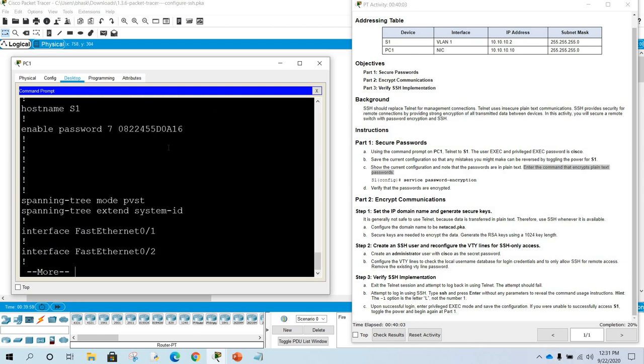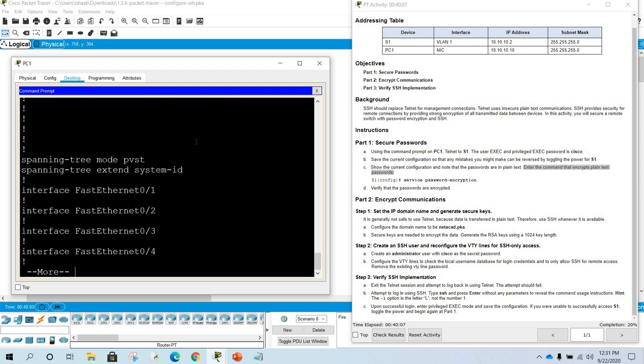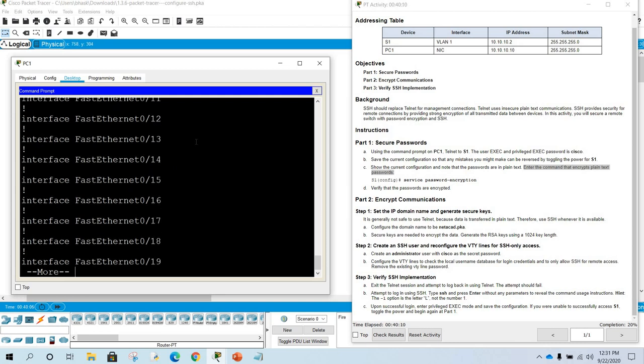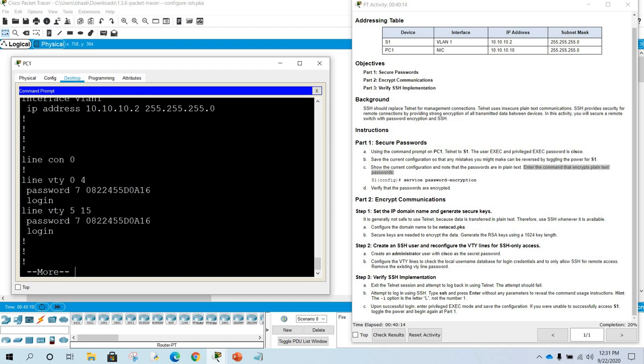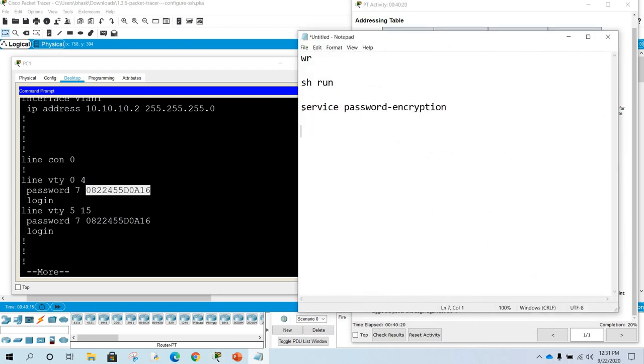You can see here the enable password is encrypted, correct, and if we check the telnet password, your telnet password is also encrypted. So why are the passwords encrypted? Because we gave this command, service password-encryption. What is the purpose of this command?